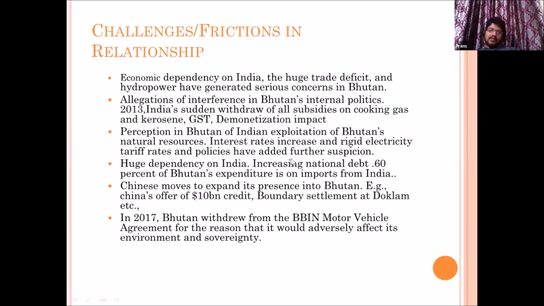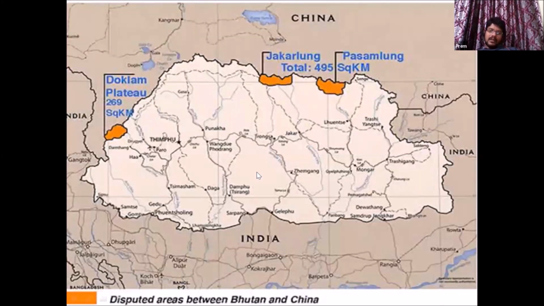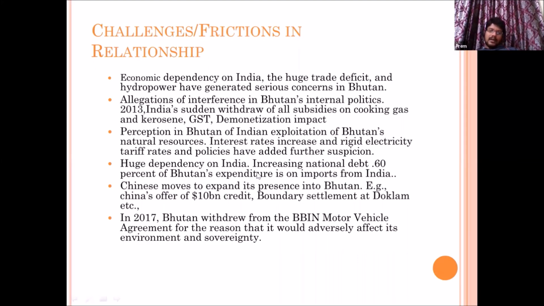And then finally, as I told you, there is a huge debt to India, because India is a major provider of loans to Bhutan. And China, as I said, is trying majorly to enter into Bhutan. So far they did not have a very good presence, but they are slowly trying. So that is also an important issue. And you all know that Doklam already happened. Doklam is an example of how China is trying to enter into Bhutan. If it enters, it will be a huge challenge for India to address.